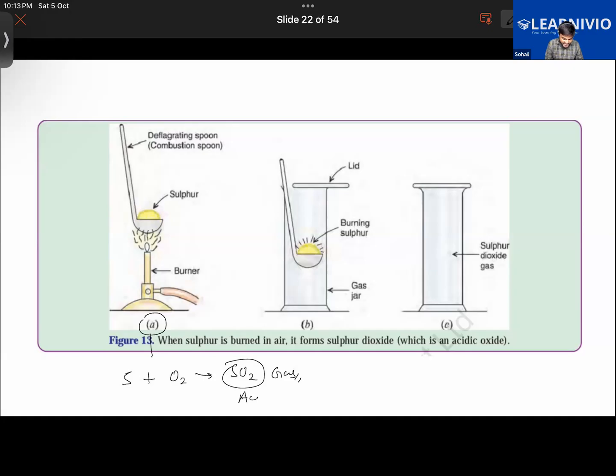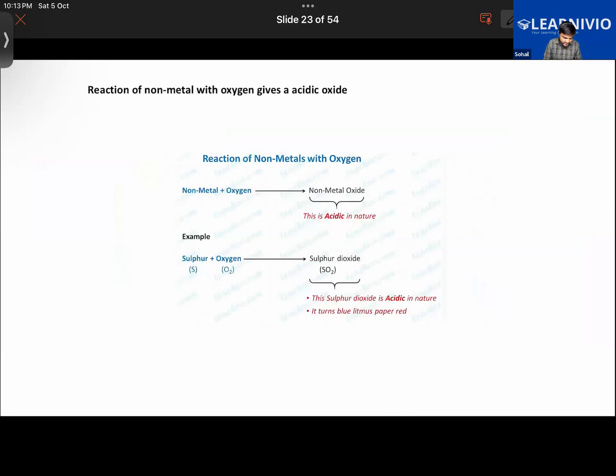Now this gas is actually acidic in nature, but how did we check it? We have collected this gas coming out of the burning of sulfur into this glass jar. Now we have closed the lid, so we have this sulfur dioxide gas in this. Now we are going to add water in it. After addition of water, what will happen? The sulfur dioxide, SO2, will react with water. I'm writing it in short, by the way. Hope you're not getting confused. Yes, Ramesh? I won't get confused. Good. So as a result of this, sulfuric acid is formed.